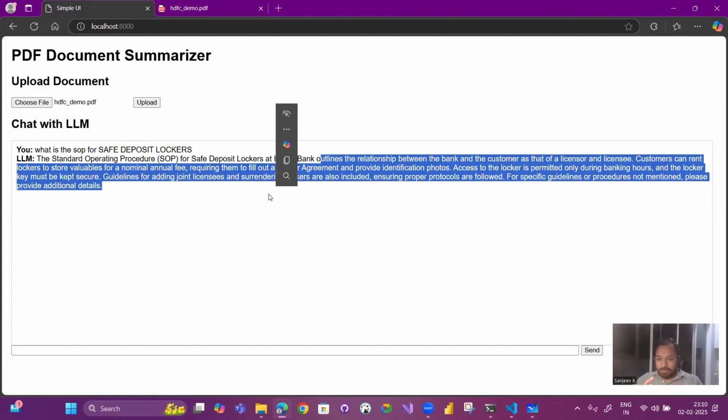So you can use a large language model to reduce the burden on the workers. Say, for example, if you are working for a bank and you have thousands of such procedures: how to handle a check deposit, how to cancel a check, how to open an account, how to close an account, how to make a transfer from one account to another account.